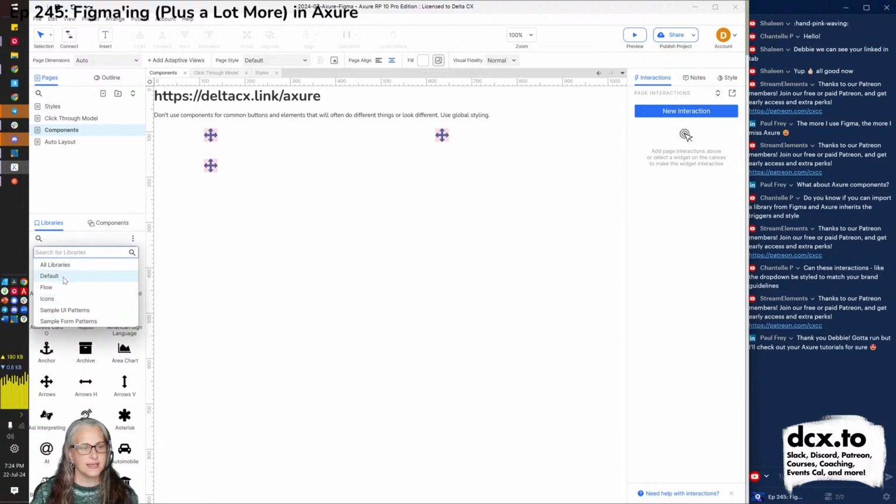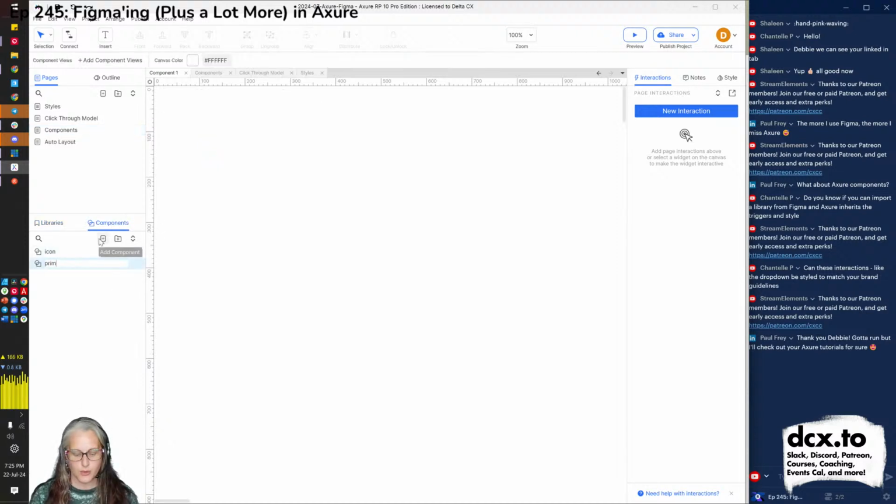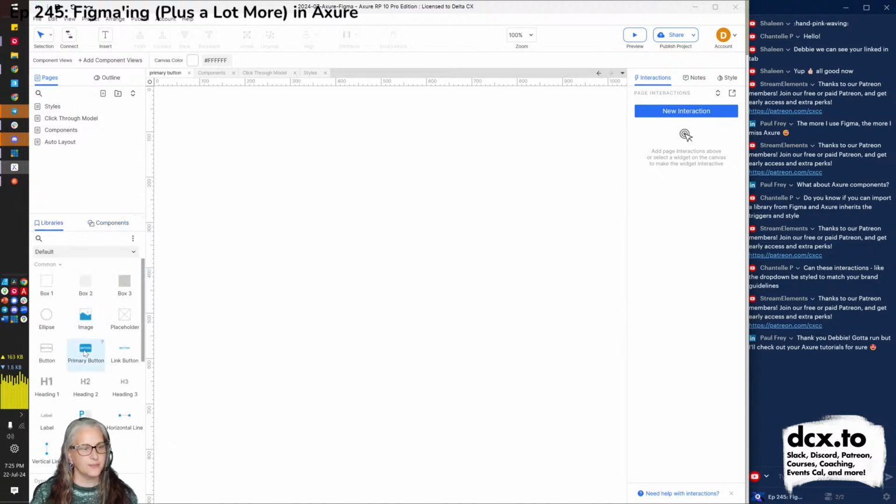Now let's use an example with words, and let's talk about why I don't love when people use a component for a button, though you could. Let's say we do a component and we call it primary button. And let's say we go to our library and we drag out our primary button.